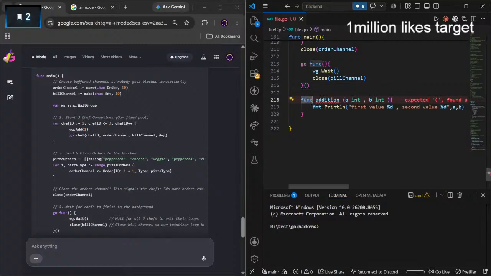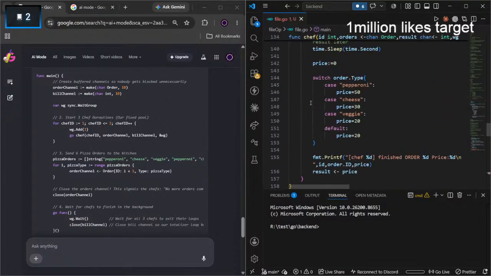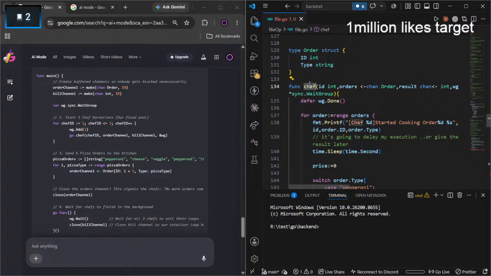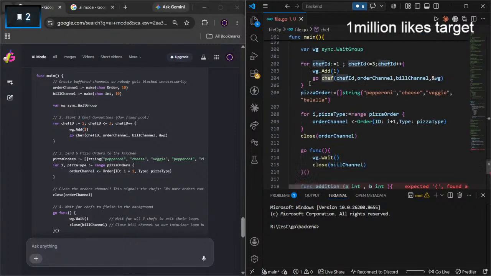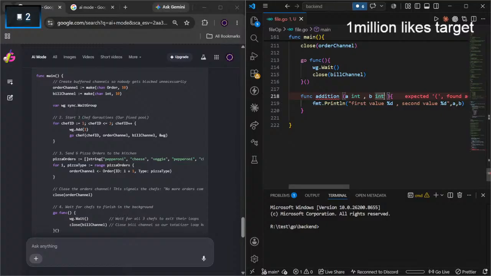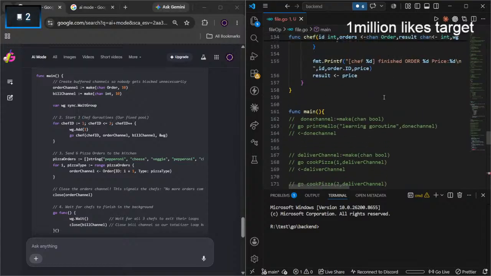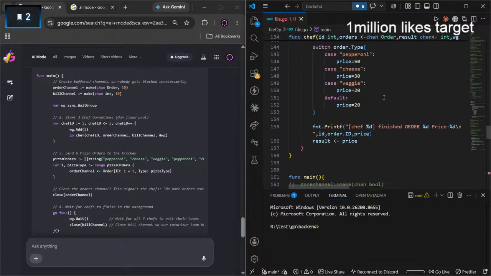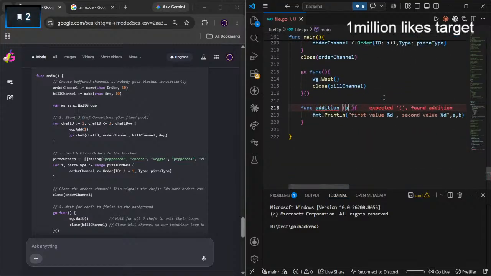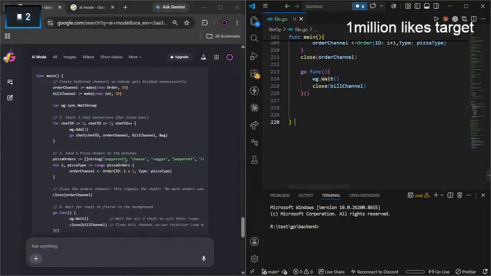It is func, right? Func, yeah. First is my variable name and integer type. That is what I gave. A and B are going to be integers. Do we have anything called addition? We can't declare a function inside main functions.